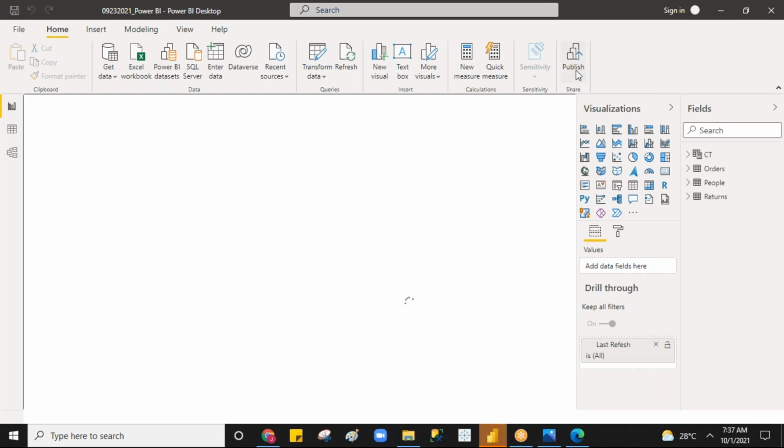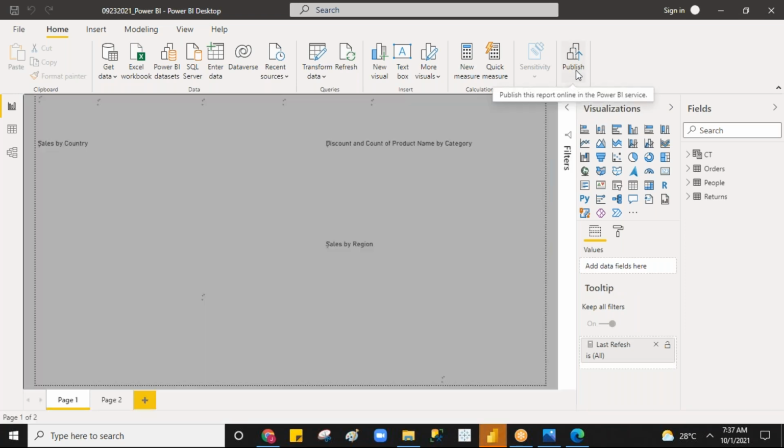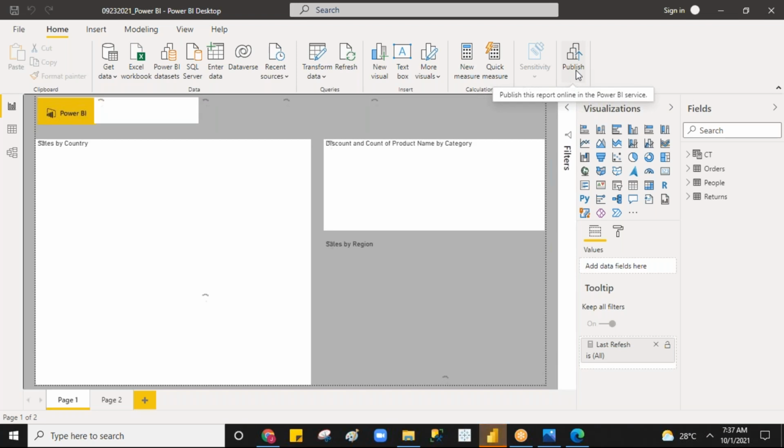Here you go. You see this publish option, right? So now you can ask me a question: why we need to publish it to the server? Yes. If you don't publish, it is going to reside on your local system. What is the benefit? Because you're working for an enterprise, it should be published. It should be distributed to the end users based upon their